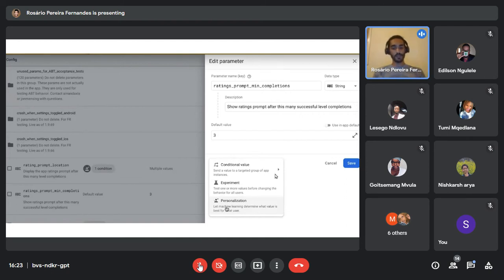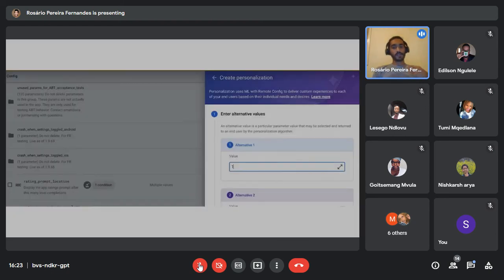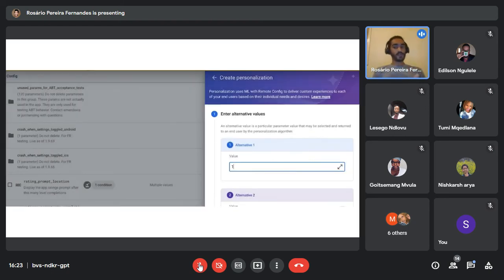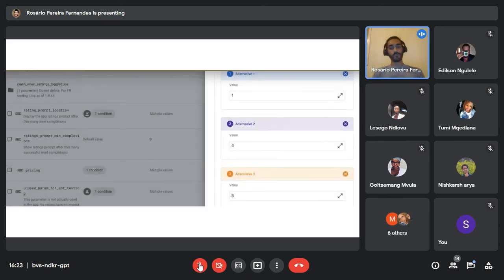As the description says, it uses machine learning to choose what value is best for what user. So once you click on it, it's gonna ask you to add some alternative values. So for that parameter, I'm gonna add different values. I'm gonna add 1, and then 4, and then 8. We want to make sure that we add a very large interval of numbers so that the difference is actually noticeable to the user.